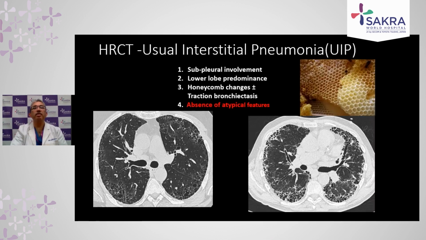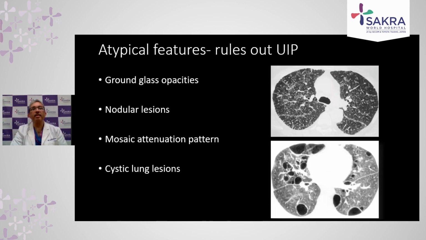So if these 3 are present and the 4th is absent, you can call it definite UIP, and a biopsy is not required. You can just make a diagnosis of UIP on the history and clinical findings. But the atypical findings which need to be ruled out are ground glass opacities, nodules like the CT scan shows